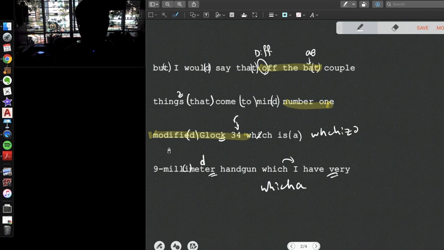Number one, modify Glock 34. I can hear the CK sound here, so I will highlight that here. Modify Glock 34. Remember, in American accent, you cannot skip the R sound, so the number "four", not "fo". Glock 34,